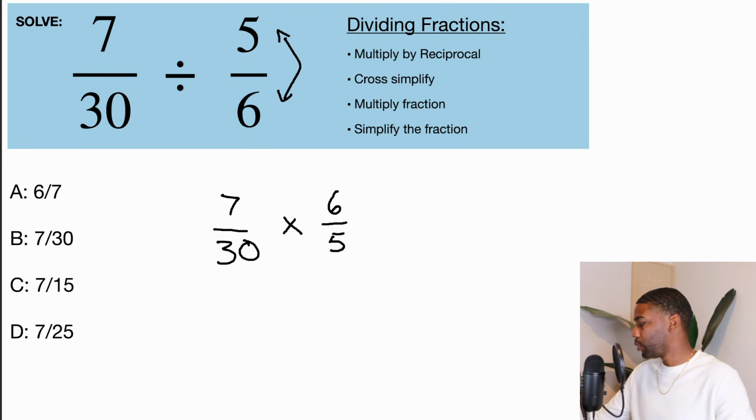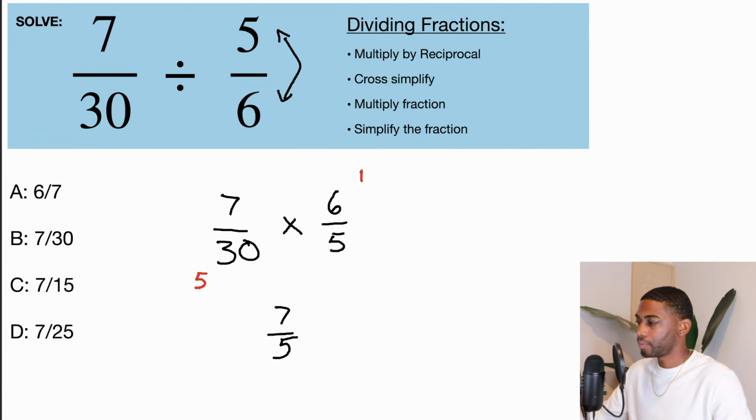Can we do step 2? Can we cross simplify? If we learned anything from our mental warm-up multiplication session, we know that 6 does fit into 30 evenly. So 6 goes into 6 1 time. 6 goes into 30 5 times, right? 5 times 6 is 30. And then obviously we can't cross simplify 7 and 5. So our new fraction would be 7/5